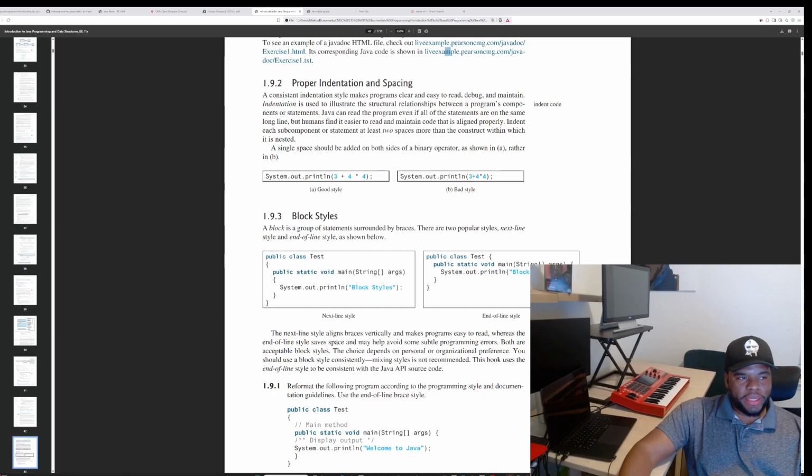Proper indentation and spacing. A consistent indentation style makes programs clear and easy to read, debug, and maintain. Indentation is used to illustrate the structural relationships between program components or statements. Java can read the program even if all the statements are on the same long line, but humans find it easier to read and maintain code that is aligned properly. Indent each subcomponent or statement at least 2 spaces more than the construct within which it is nested. A single space should be added on both sides